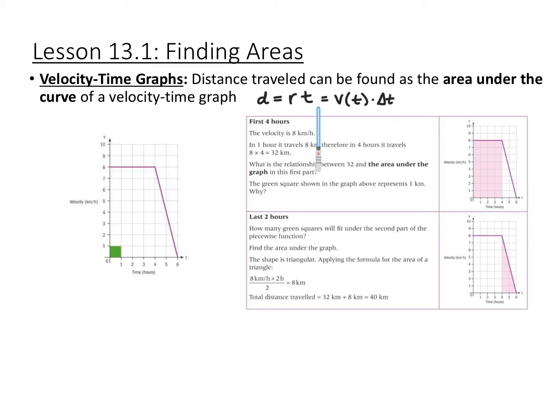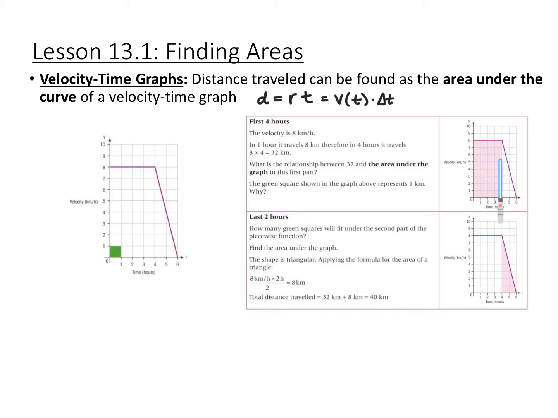is equal to rate times time, where rate is your velocity or your velocity curve, which is represented by whatever your y value is, and time, change in time, is represented by whatever your t value is. So if you want to find distance, you multiply the velocity by the time, which is the same thing as finding area in general. So for example, if you wanted to find the distance traveled of this velocity curve, the